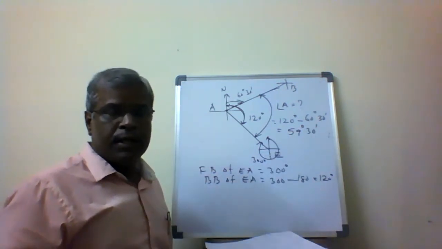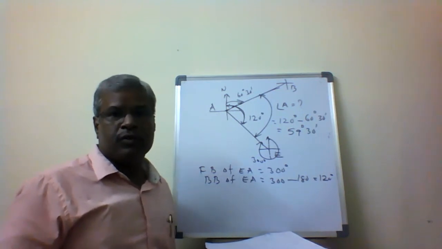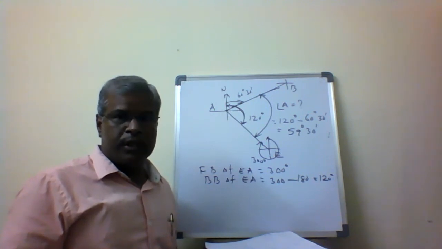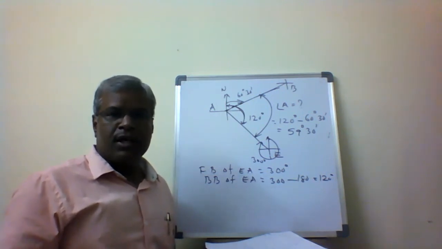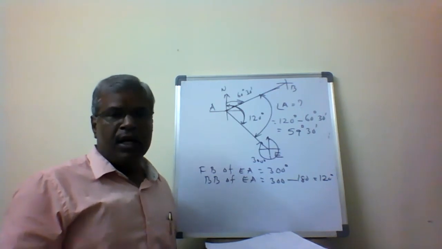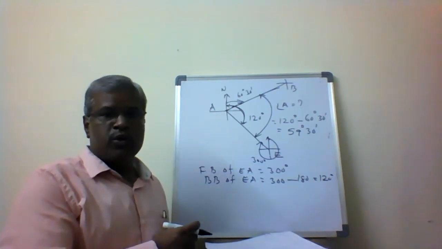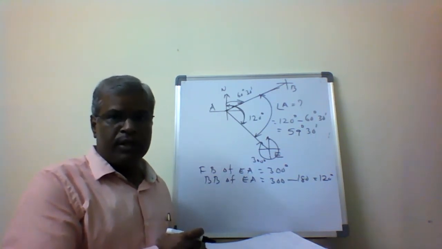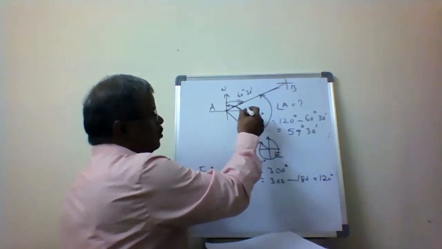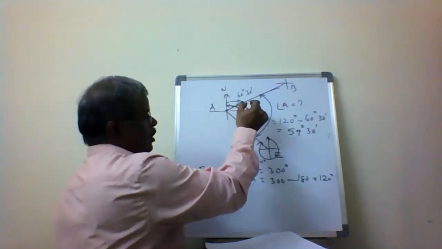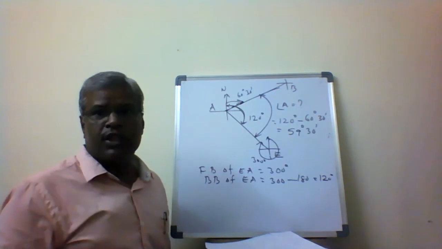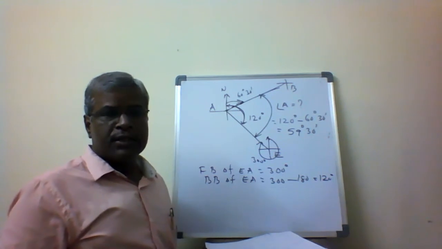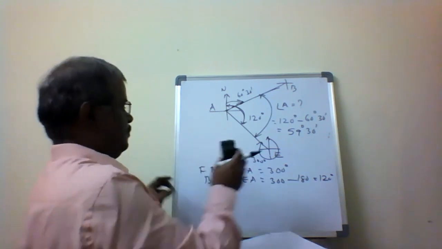So this is simply an application of angles. In primary classes we studied how to calculate angles from a major angle to a minor angle. The same principle is used here. Once you know the total angle, from it you get the smaller angle, the included angle. So angle A equals 120 degrees minus 60 degrees 30 minutes, which is 59 degrees 30 minutes. In this way we can calculate the included angles for the given traverse.